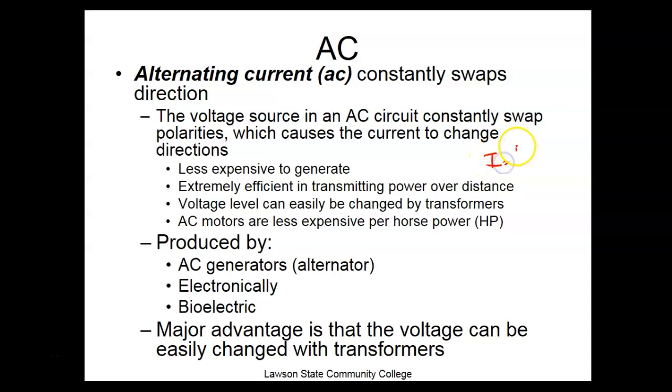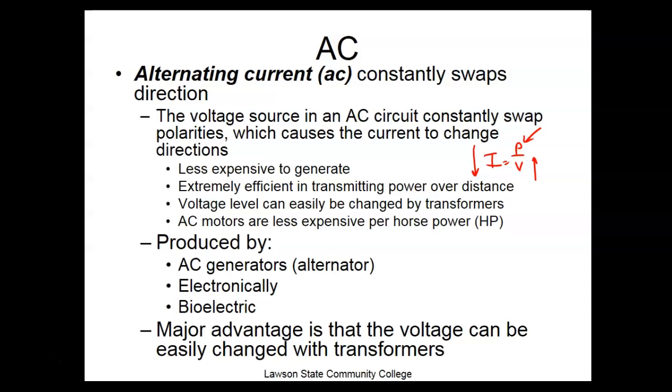I is equal to P over V. The power company is trying to give you power. So the higher they can make that voltage to transmit it, the lower the current required to send that power. That's why they step it up real high for power generation. On some of these high tension lines, they're running like 750,000 volts. That means they could send 750,000 watts of power with 1 amp of current, which means now the resistance